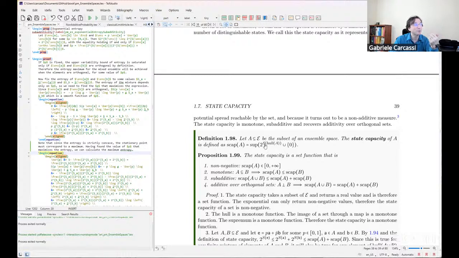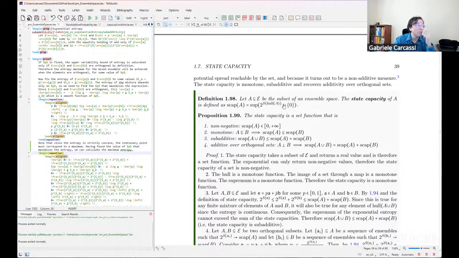The exponential of no element is nothing, so I would have the empty set, and the supremum of the empty set is not defined. So I stick in a zero. Now the supremum becomes the supremum of zero. So I have that the state capacity of the empty set is zero. There are no states in the empty set. So it's just, again, the mathematical thing where you have to make sure that your extreme cases work in a